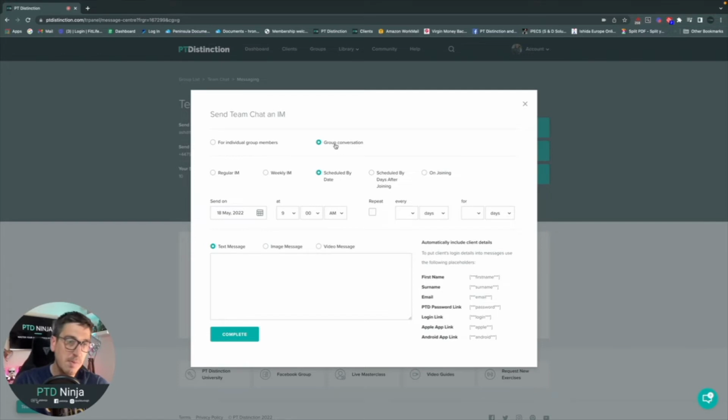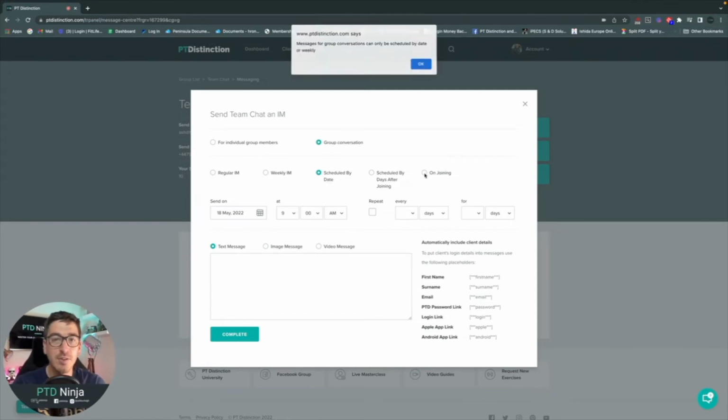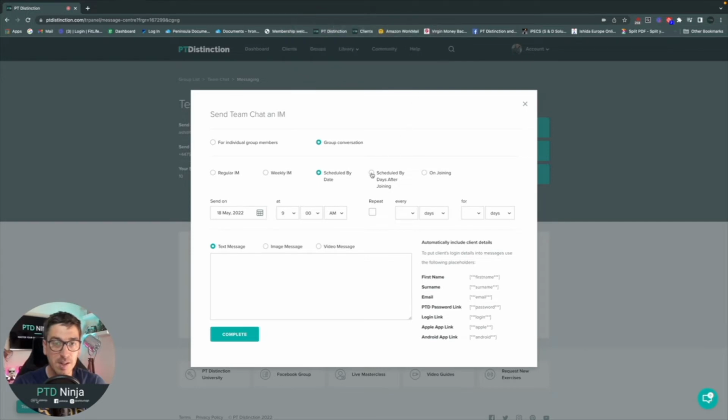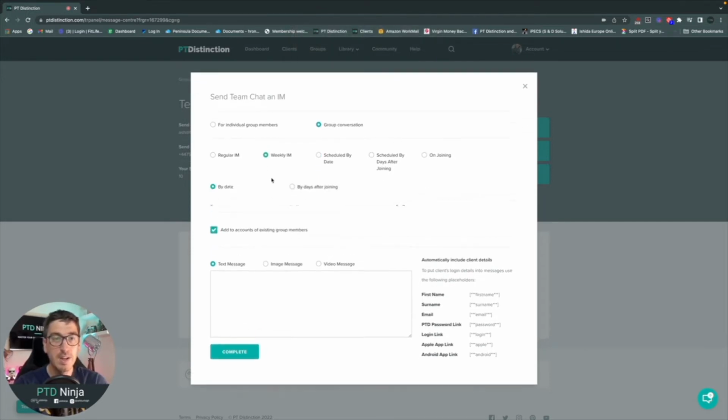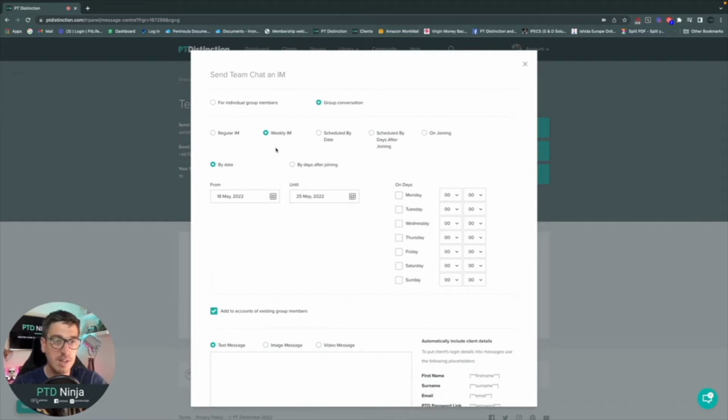Now, let's just talk a little bit about scheduling group conversations. You can only do this by date. You cannot do it on joining, as you can see at the top here, and you cannot do it by days after joining, again, as you can see with the message at the top. Same with weekly messages here. You can do it by date, but you can't do it on joining. And that's because